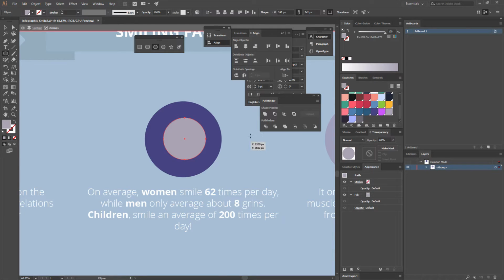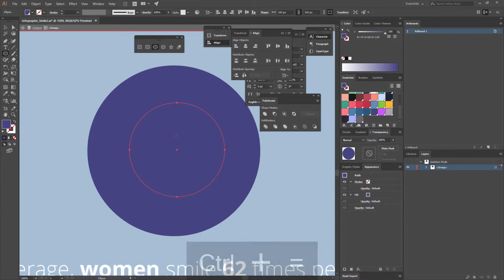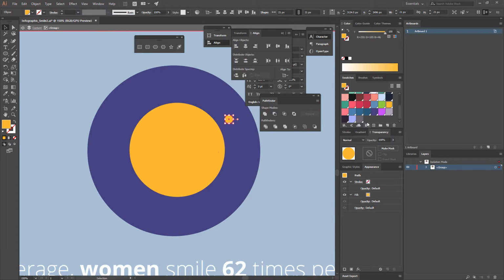So I'm going to create a circle there. I'm going to make it yellow, like a smiley face. And then I'm going to make another smaller circle. This one I'm going to fill it with any color. This really doesn't matter because I'm going to actually use the Pathfinder tools, and I'm going to make a copy by pressing Alt and Shift,